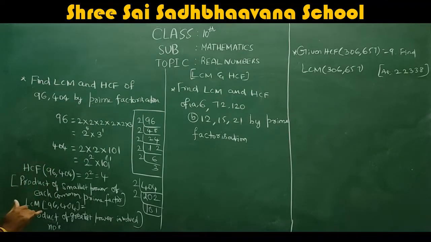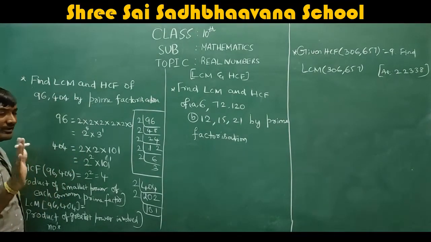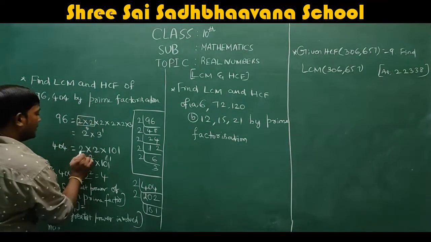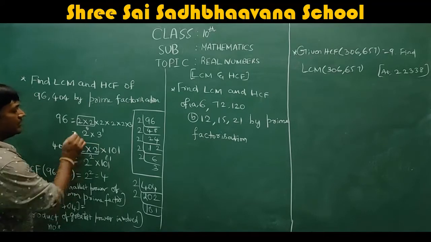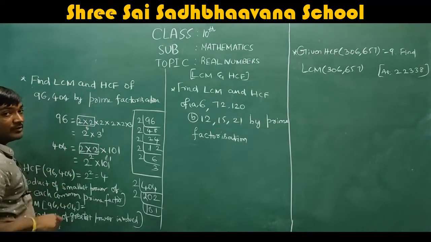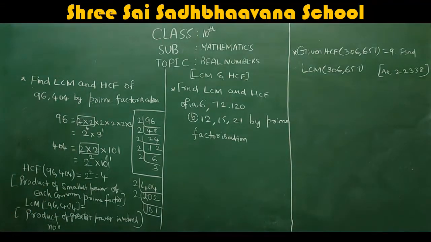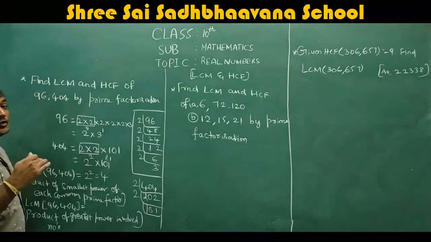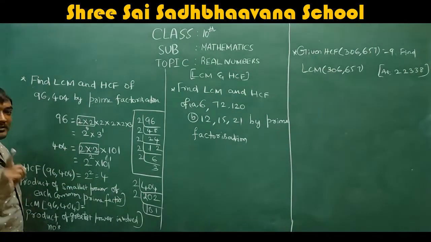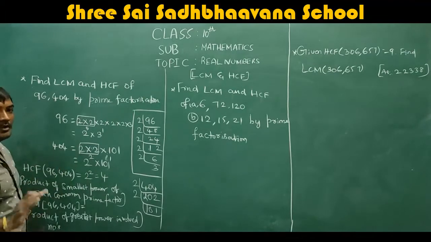If you are getting confused with this method, because you have taken 2 square and 2 power 5 is there, you can just take 2 square like this also. Here 2 2s are there. Here also 2 2s are there. Here actually 5 2s are there, but here you have only 2 2s. So 2 2s are common in both. How many 2s are common here? 2. It means 2 into 2 is common in both. So that will be the HCF. That way also fine. Or which is the smallest power? 2 square. So that is also fine.